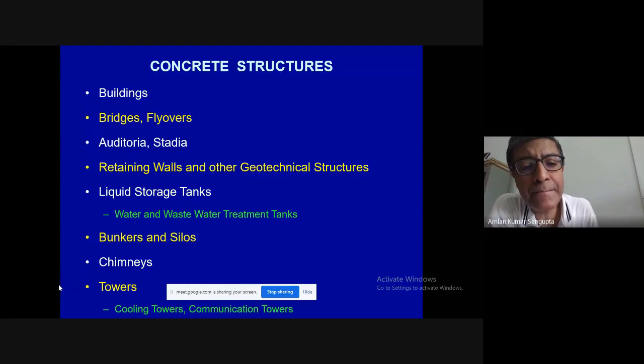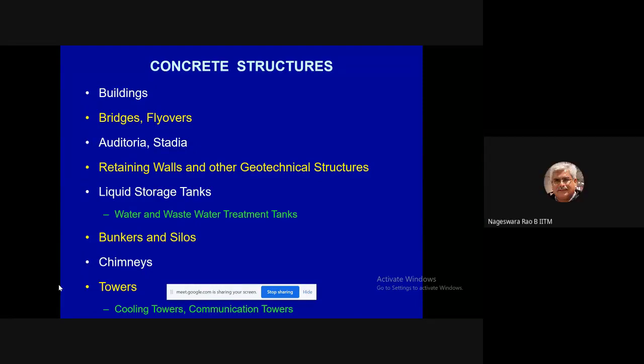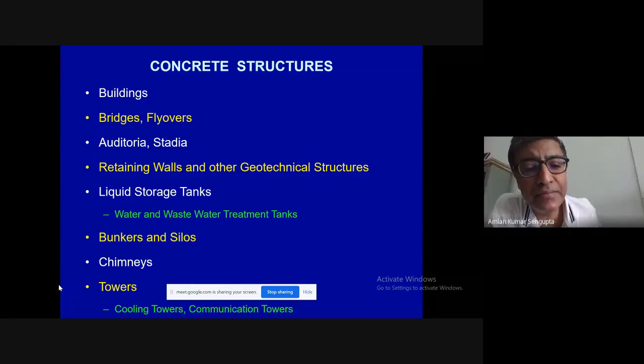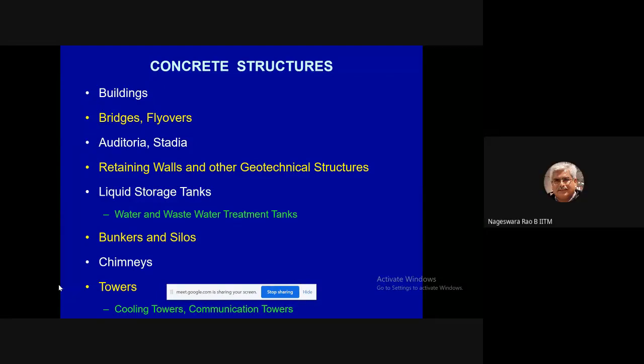Okay. Can I just add something? Yes. There are two types of bearings. One is elastomeric bearing. Another is PTFE bearing. This PTFE bearing is basically like you have some polytetrafluoroethylene material, and you have a steel cover on that. So these elastomeric bearings will allow you to have some movement.